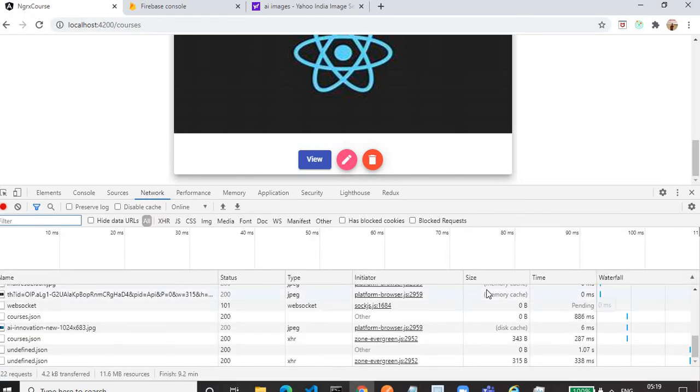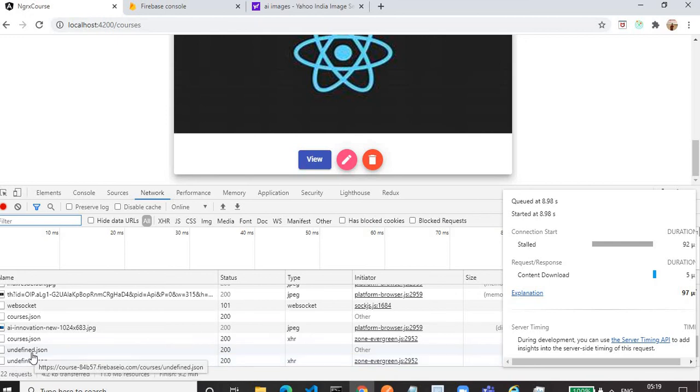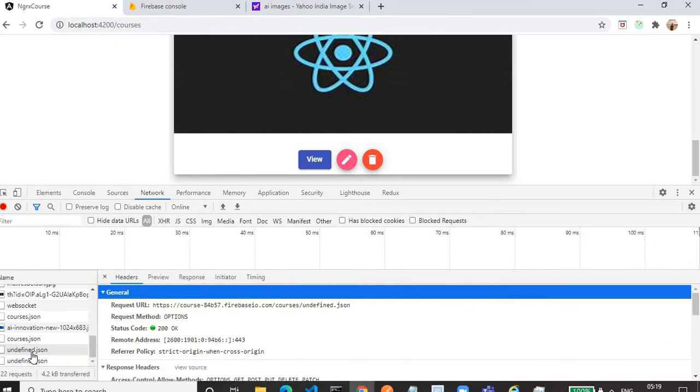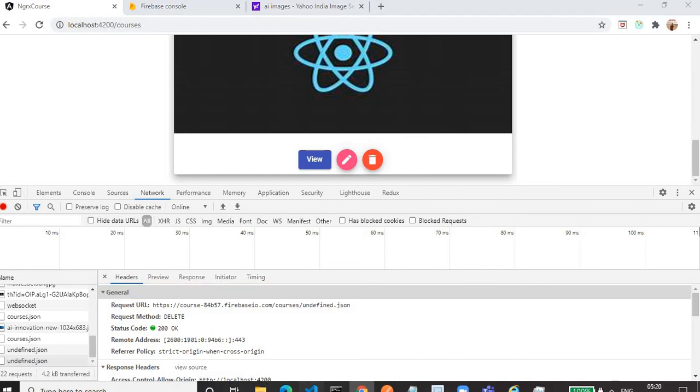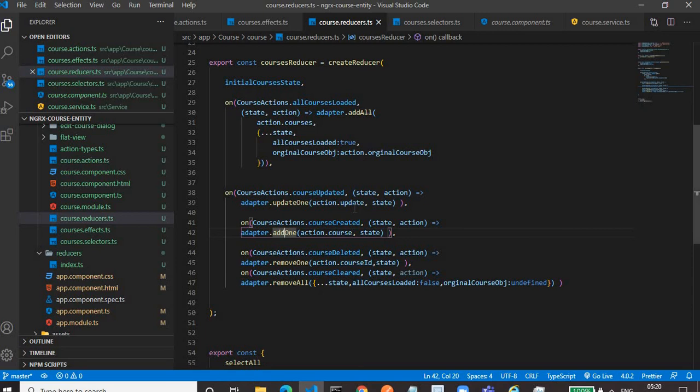So we are getting undefined in the JSON. That's why it is not deleted. Somewhere we messed up the delete functionality.